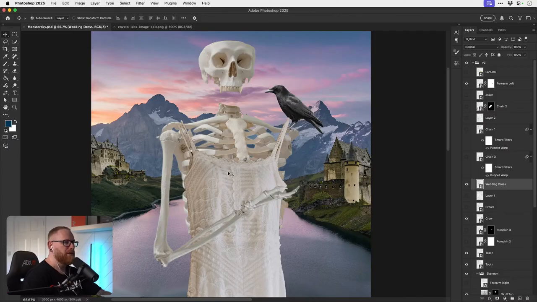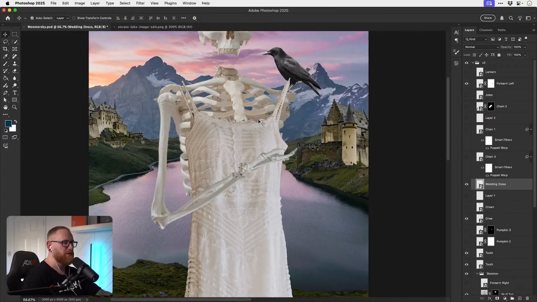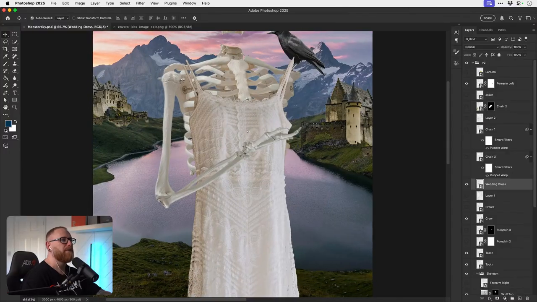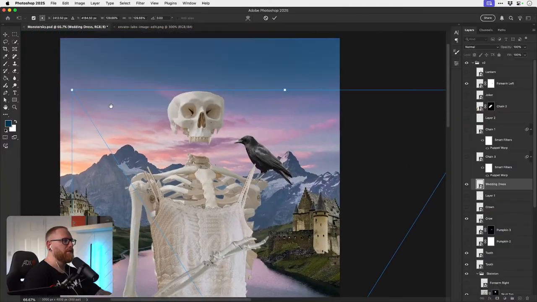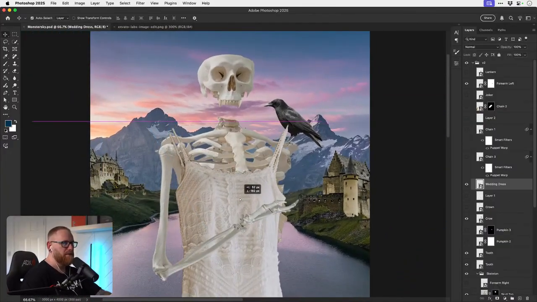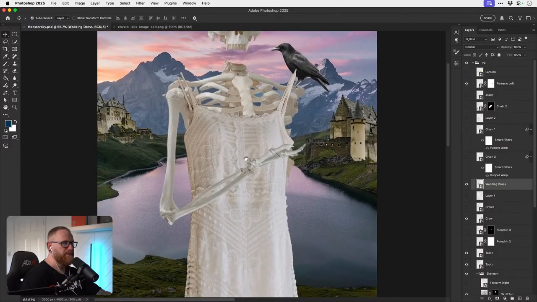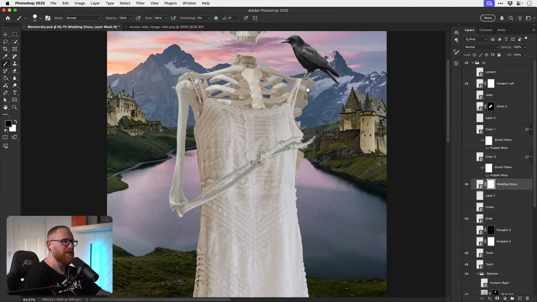Yeah, just have the dress. Where would it be? Kind of around about here, just hanging off the shoulders. So we'll get that in the right position. And then let's just do this, so it's kind of going round. There we go. Something like that.